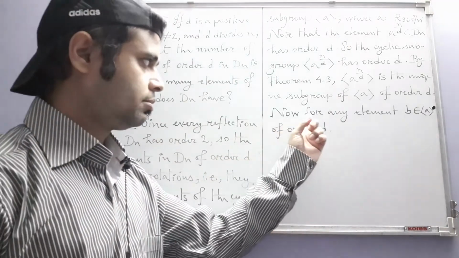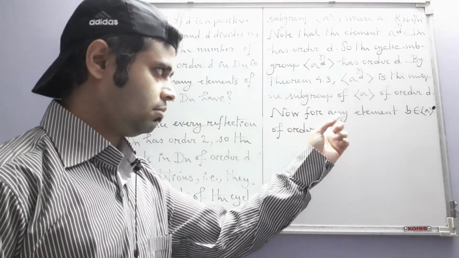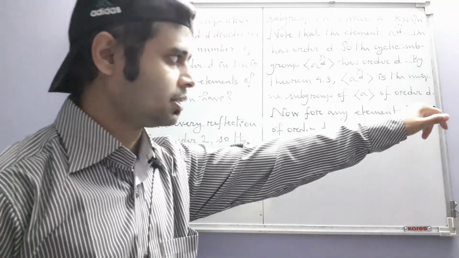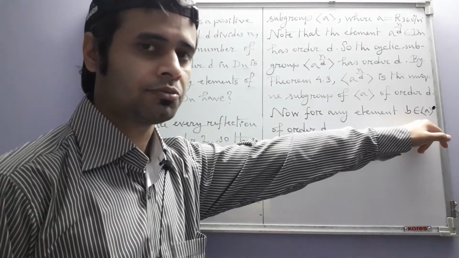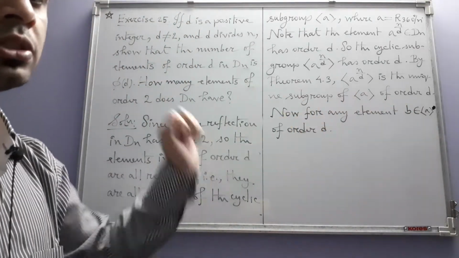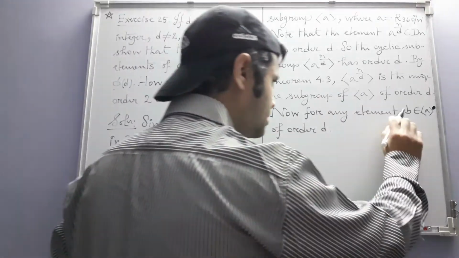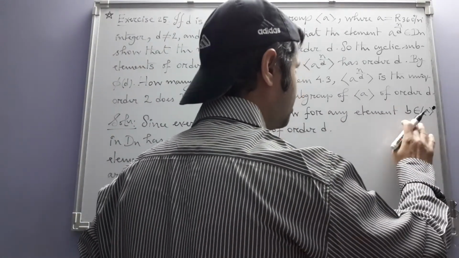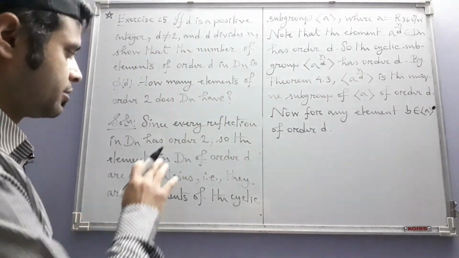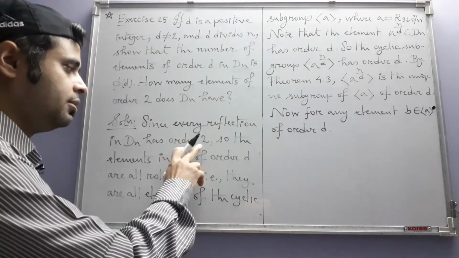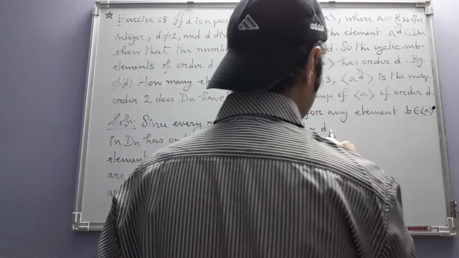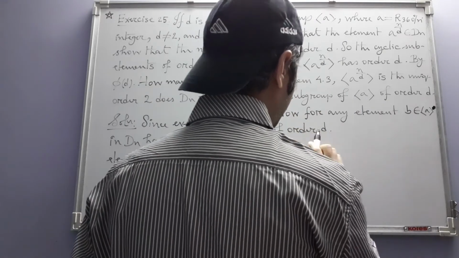So the fact that we are considering such an element B from this cyclic subgroup of all rotations, we don't lose generality. These are the only elements in Dn that are of order D, because we cannot take reflections. Reflections are not of order D, they are of order 2, and D is not equal to 2. Okay, so for any element B of order D,